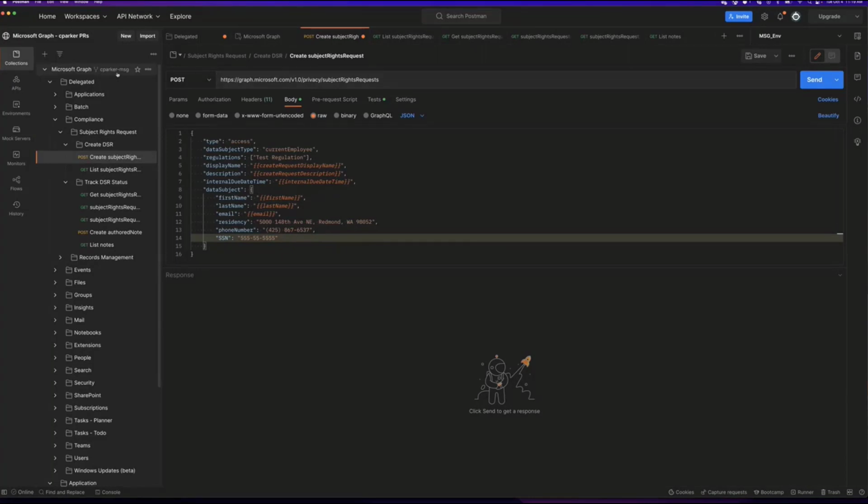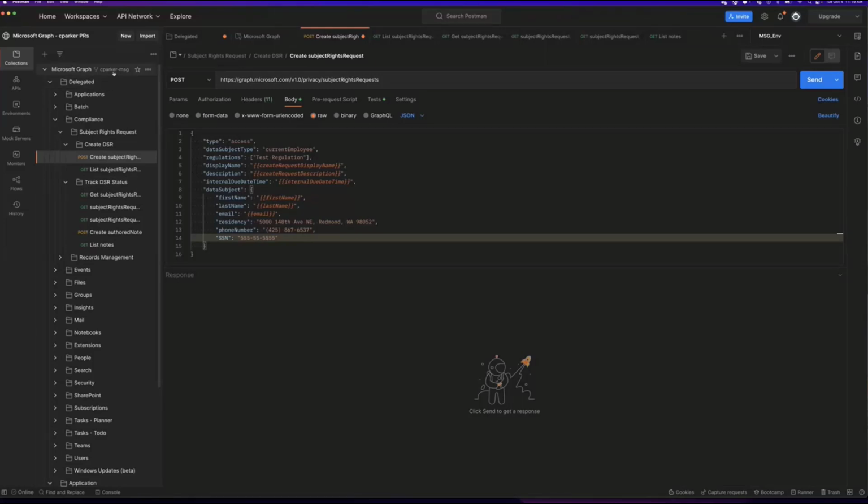In this case, we have an official Microsoft Graph collection that you can fork that has these queries pre-crafted, so you're not having to manually create all of these. In this particular case, under our compliance subfolder, you can see the subject rights request with our two use cases that we were discussing, and we will do some test queries on.